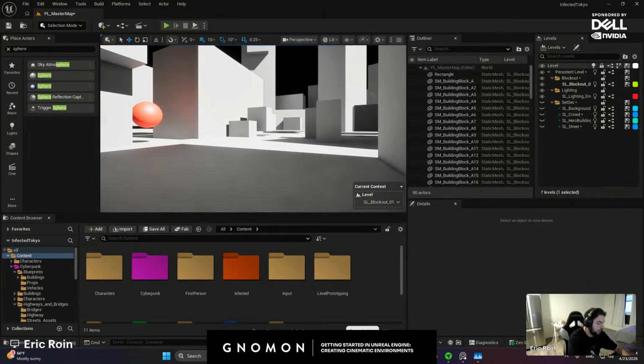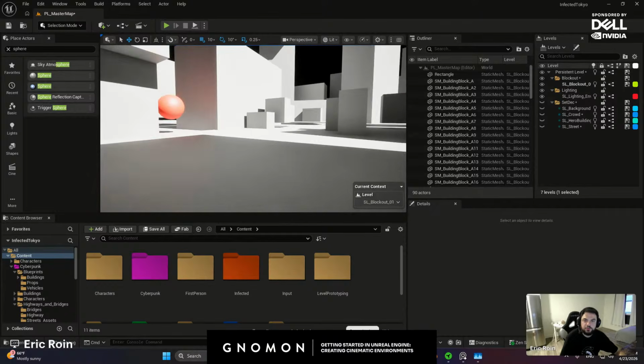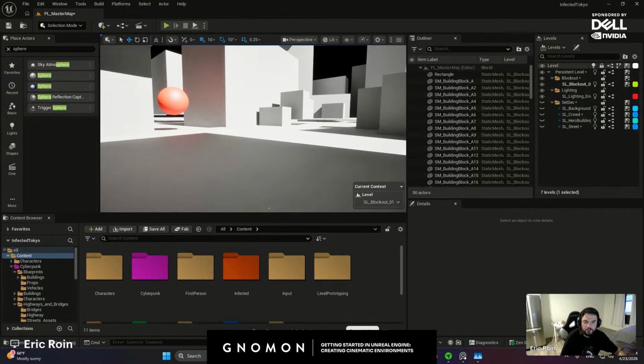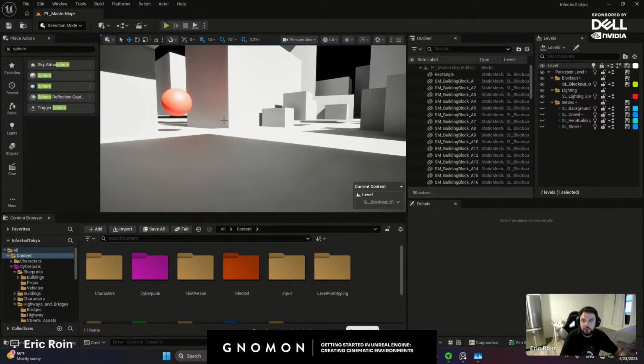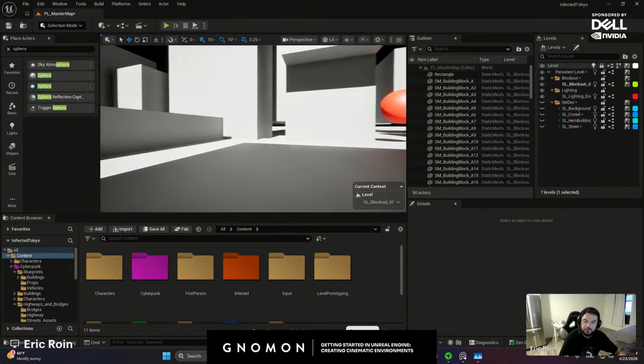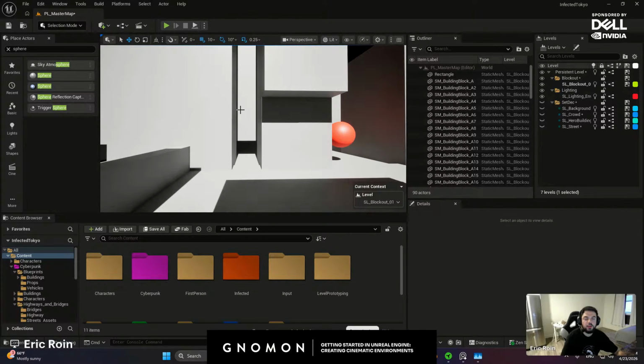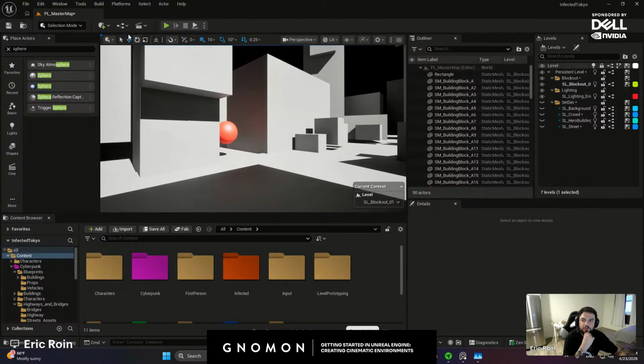So for a while, I was blocking out my environments in Maya, and that was the traditional way of doing things. You get a concept, you try to recreate that in Maya as much as possible, and Maya is still heavily used at our studio as well. But specifically for Unreal, I've been also trying to use some of their native tools.